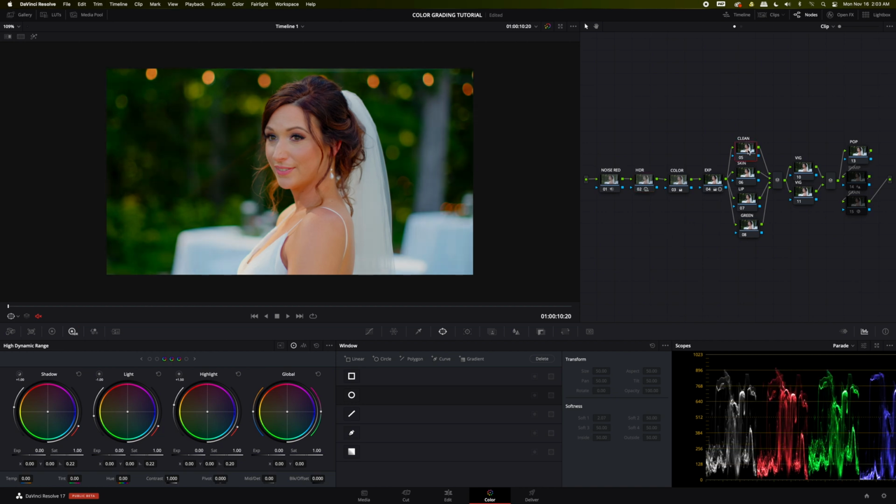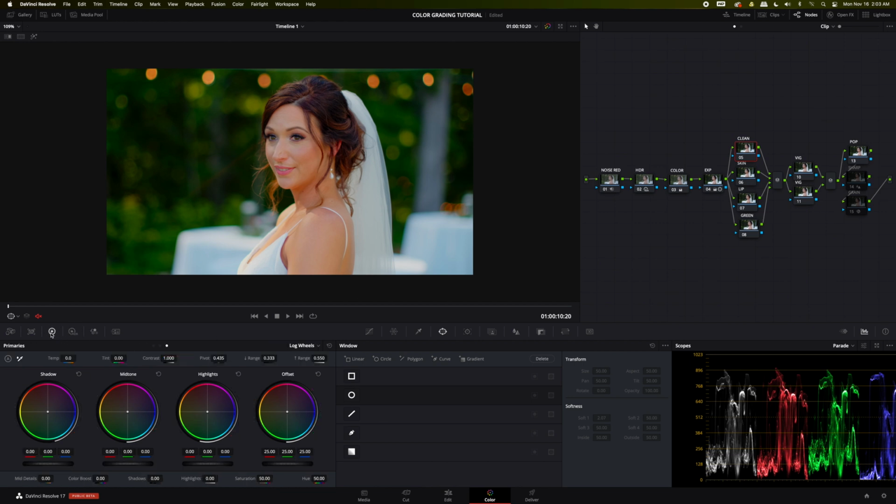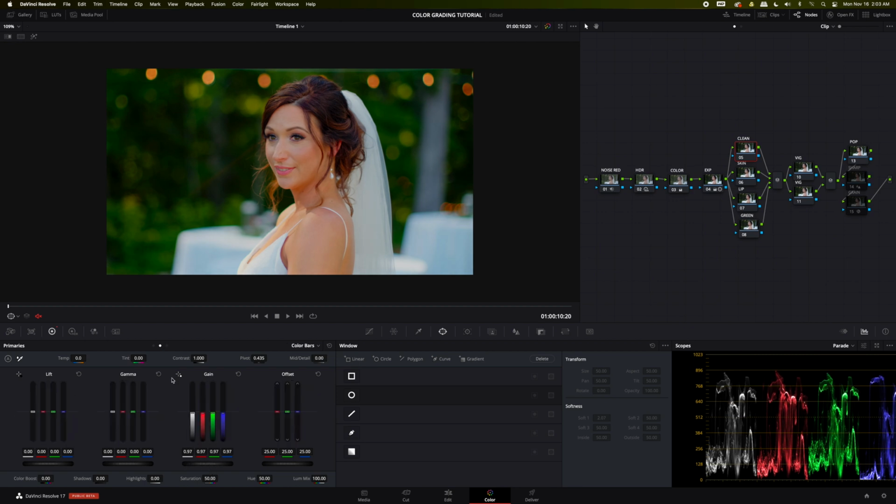Now we're about to move into cleaning up the whites a little bit. Come into the primaries, go over to your highlights and bring them down. Now go over to your clean, come into your highlights, and bring them down to about 0.98, 0.97. Come up to your color bars, and then where your gain channel is at, just go to your Luma channel and turn it back up to 1. What that does is